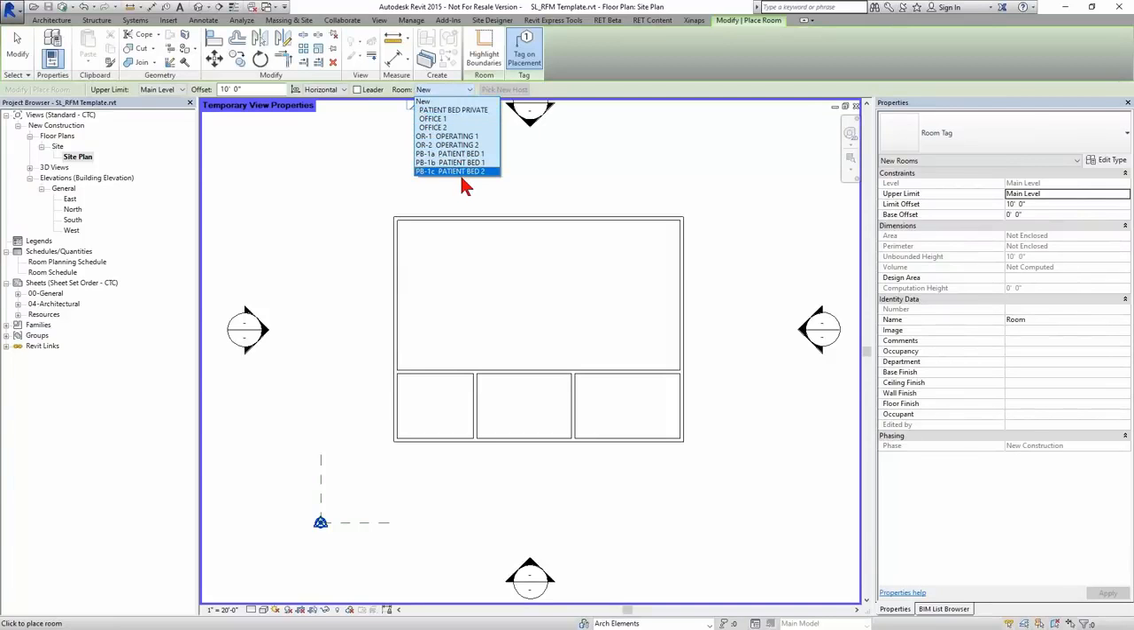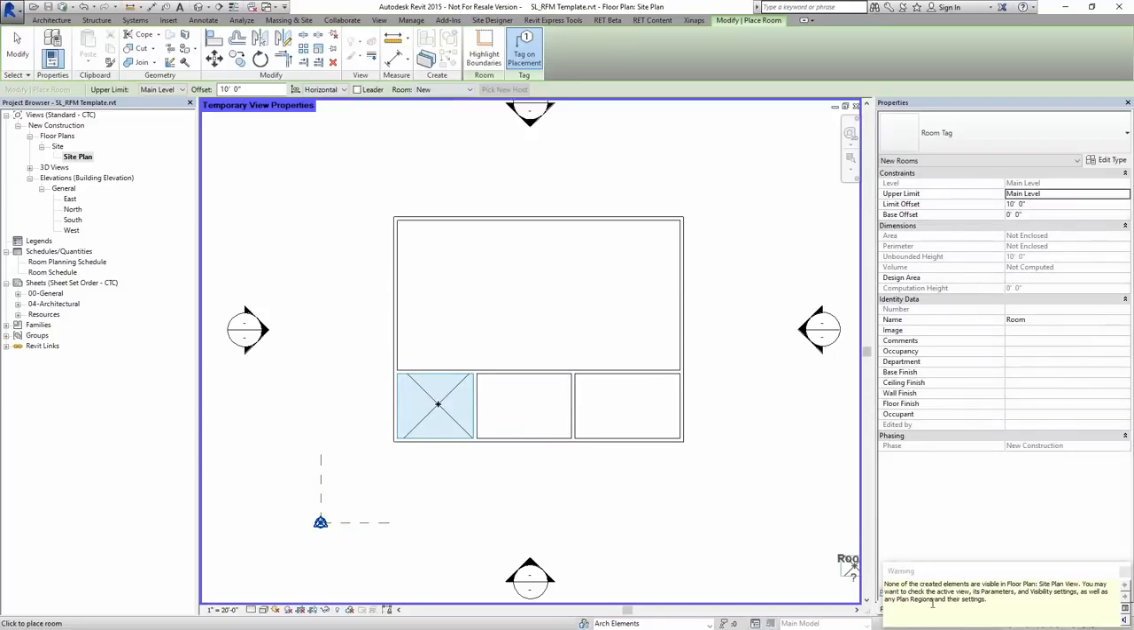So maybe I want to grab, I had an admin space, but apparently I don't. Oh yeah, Office 1 and 2 right there. So I'm going to place Office 1 over here, which doesn't like my room tags apparently. That's why it didn't create the room tag value there. No big deal. I want to place patient bed 1 right here, and I want to place patient bed 2